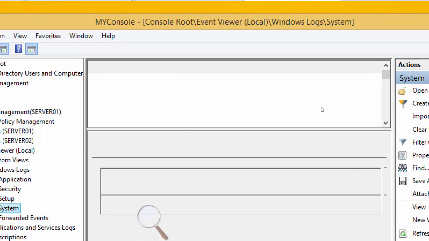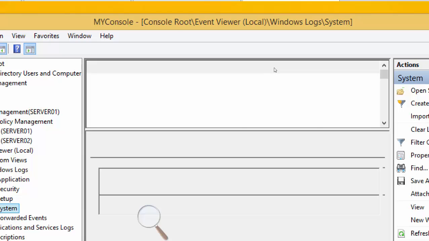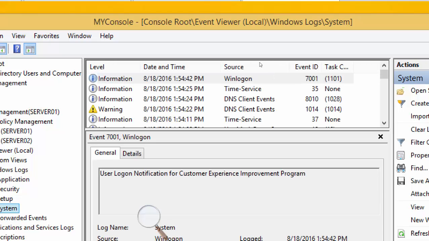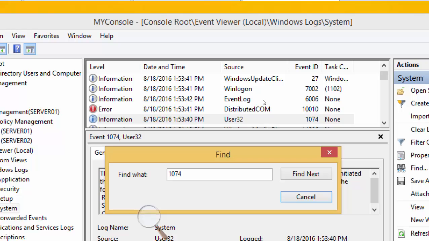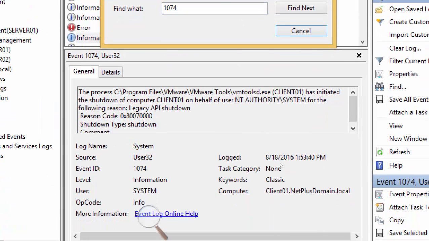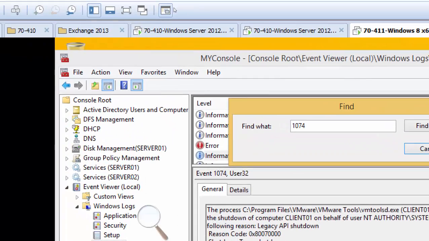Now a new event should be showing here for the new second shutdown. Control F 1074. I'm on workstation right now, Windows 8. The new event does show, at 1:53 the next minute. Before it was 1:52. Now there's a new event at 1:53 that I shut down again. So the local Windows 8 event viewer has created the